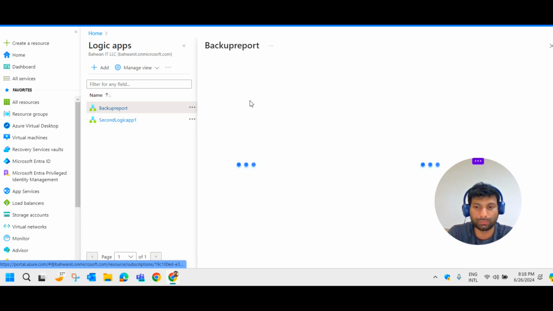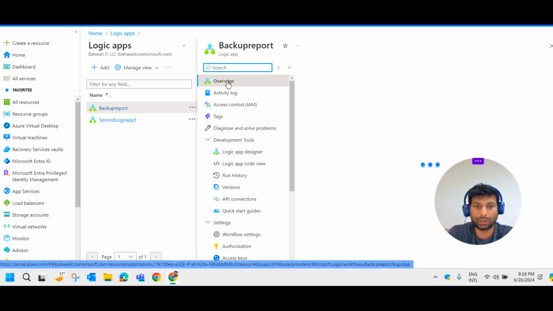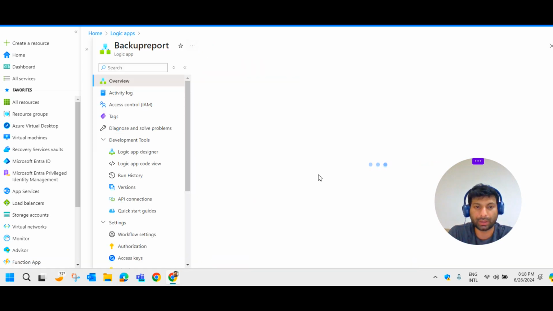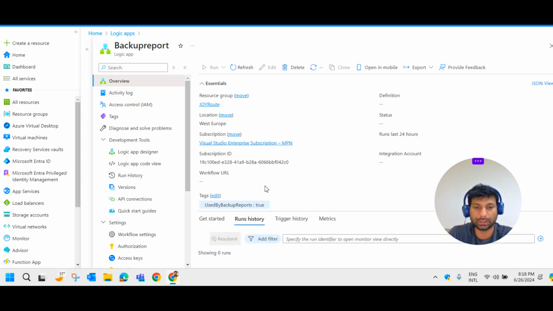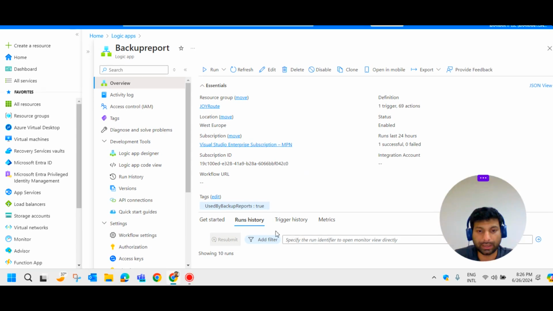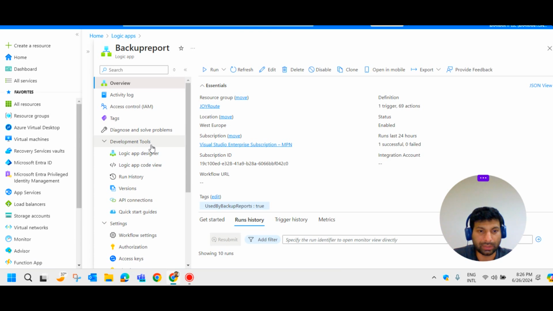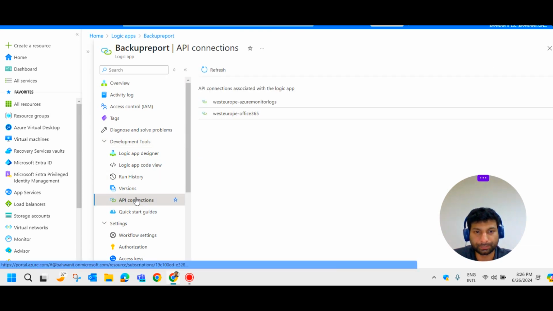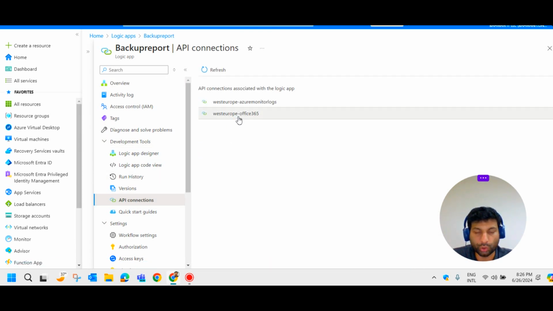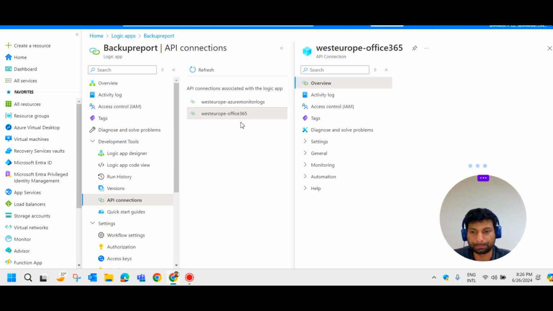If you go back to the overview, by default, it will be failed as the authentication was not successful. It will always show failed. Run history will be failed, as API connection authentication is required. So what you'll have to do is come under development tools and API connection, and you have to select West Europe to Office 365. As West Europe is my region, it shows as West Europe to Office 365. Select this,